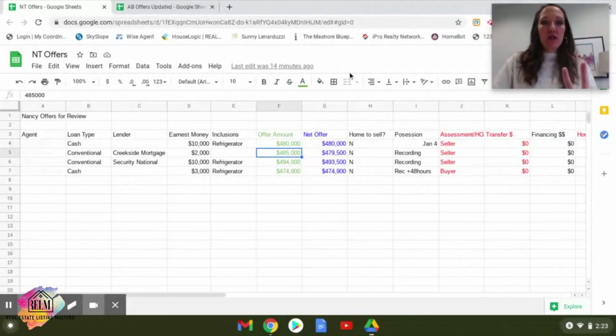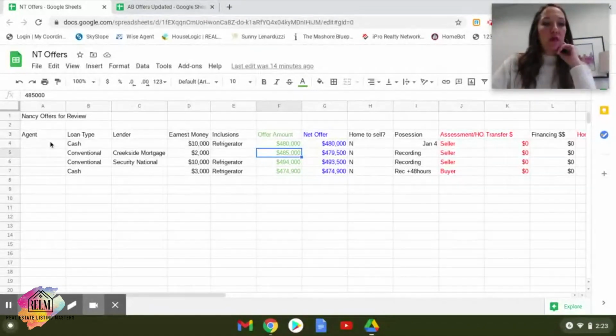So I've got two clients who received multiple offers on their properties, and this is a spreadsheet and information that I use. I'm going to go over both examples and the information in each offer. On this first one, we received four offers before she said, okay, I'm good, let's just go with one of the offers. We don't need to take any more. This was within about a 36-hour time period.